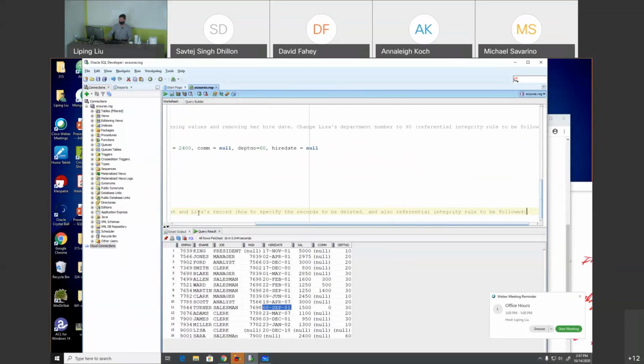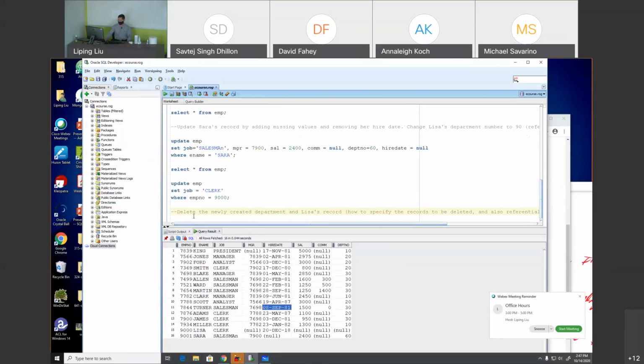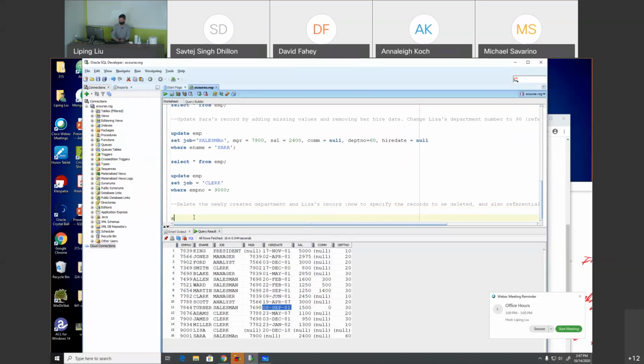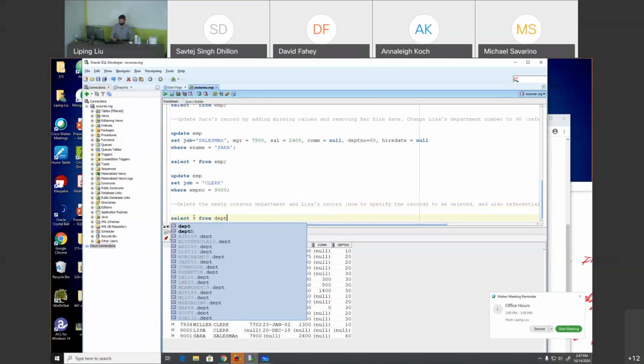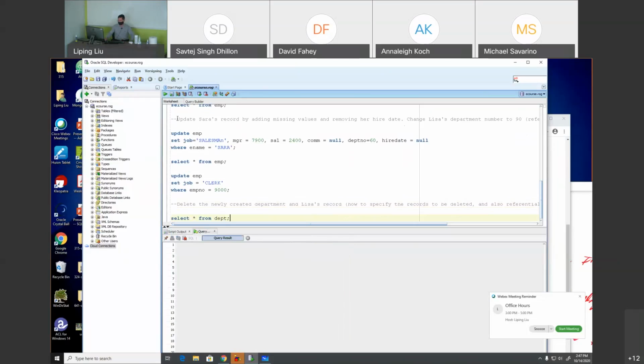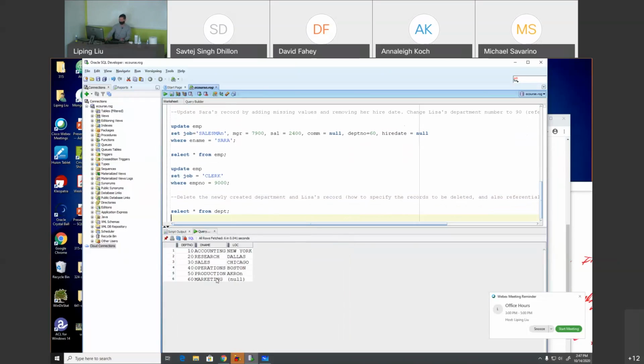Question first. So let's say I want to delete a new department. So which department? Let's say I want to delete department 60. Let's look at the department first. Okay, select star from DEPT. Okay. So let's say department 60, department 50 are two ones we just created. So now let's say I want to delete department 60. Let me see whether we can do that. You can tell me why. So I will say delete from